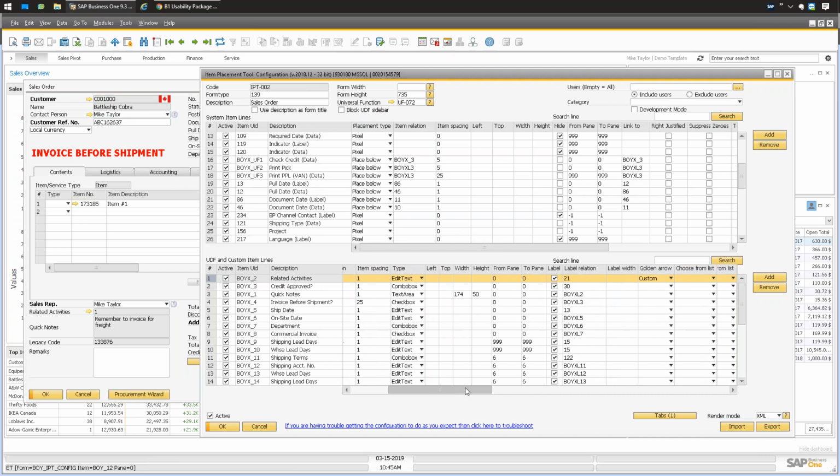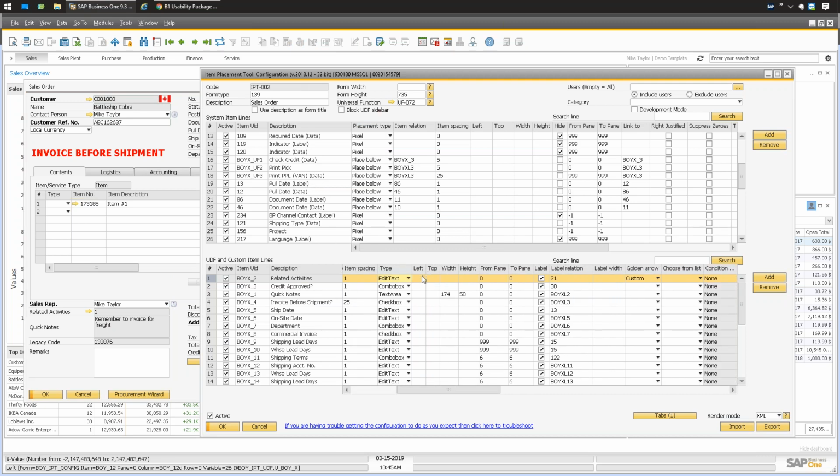A lot of these other settings, it's not too critical here. These left, top, width, and height are, if you're going to place an item using pixel placement, which is a direct placement, you can see I don't use it very much. It's not what we recommend. It's not what Boyum recommends. They're actually phasing it out. You always want to have the fields related to another field,